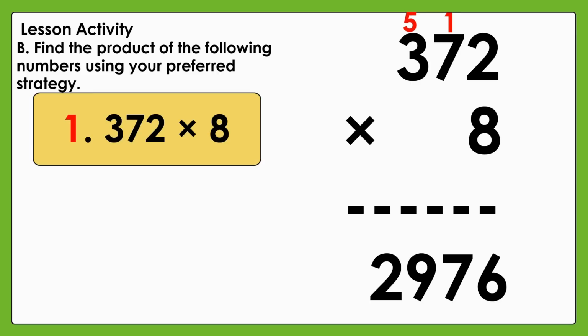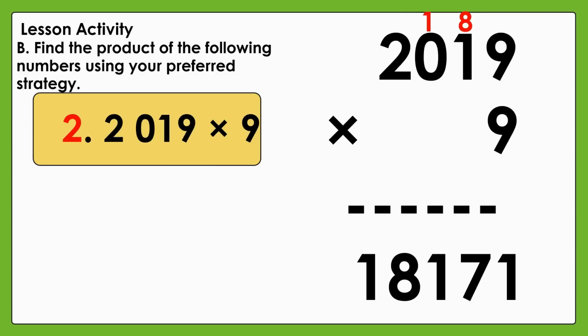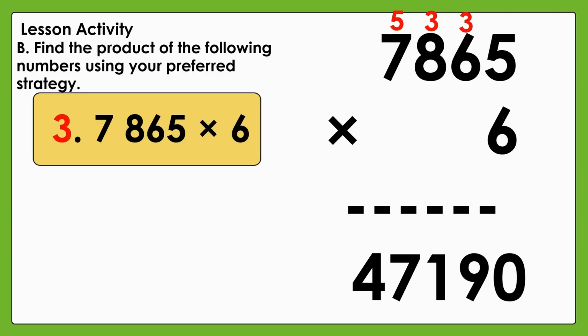Let us answer. Number 1, 3,072 times 8 is equal to 2,976. Number 2, 2019 times 9 is equal to 18,171. Number 3, 7,865 times 6 is equal to